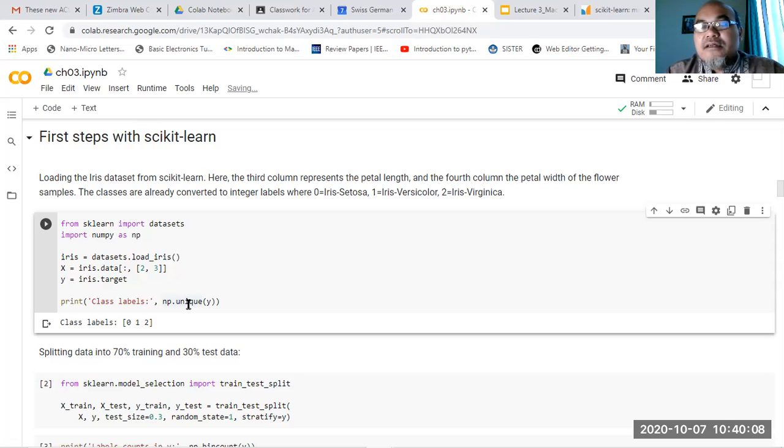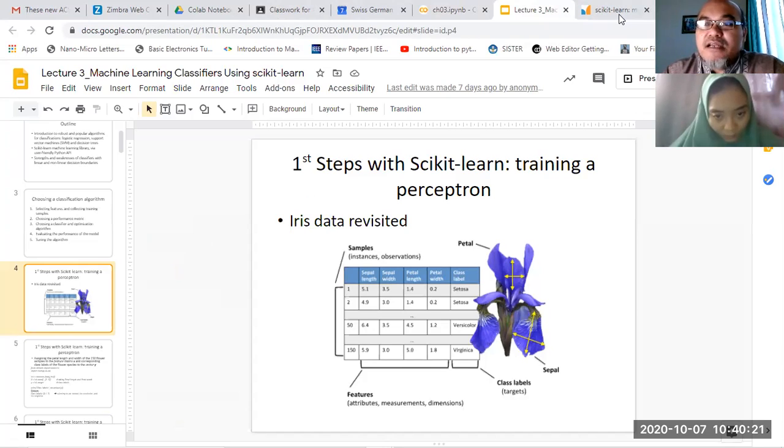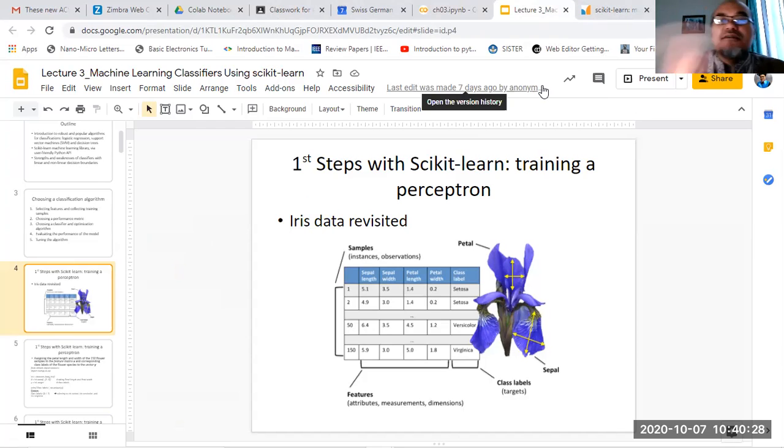Yeah, in the Y, we have three classes: Iris setosa, Iris versicolor, and Iris virginica. So Iris setosa will be assigned 0, Iris versicolor will be assigned class 1, and Iris virginica will be assigned class 2. So similarly, later when you have